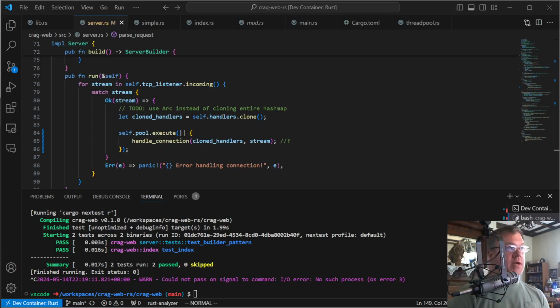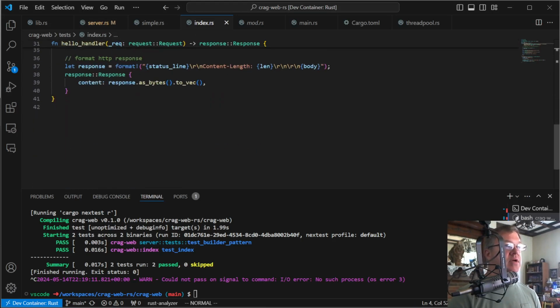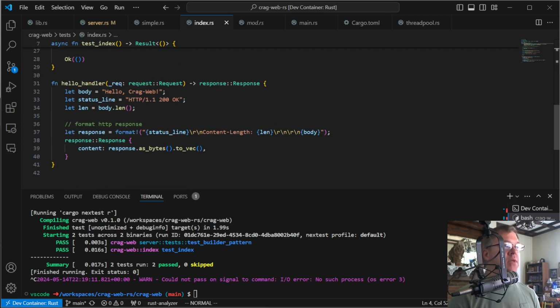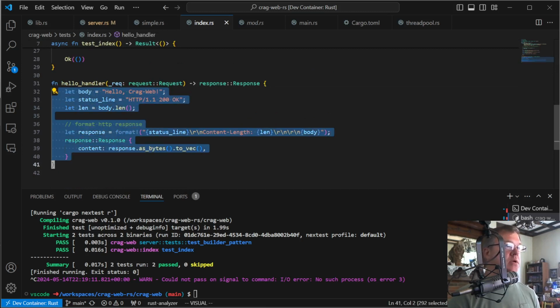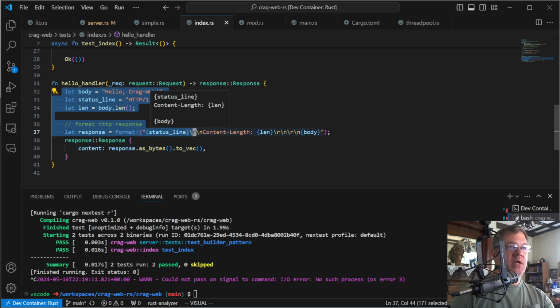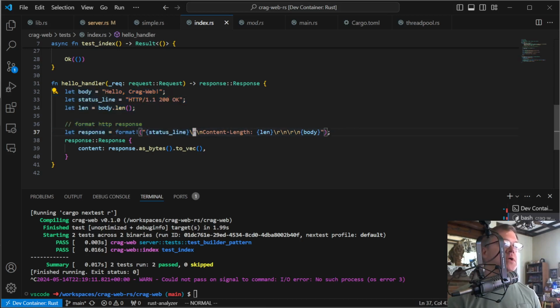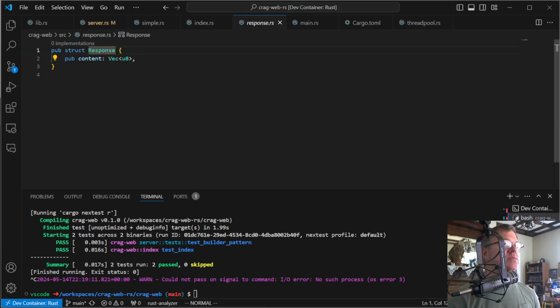Okay, so I feel like I've had enough of a break, and sort of want to get into some quality of life adjustments. The main thing is going to be working on this response. I don't want to construct a response manually where I have the entire chunk of data that's going to go out to the server. I think this response really needs to be a